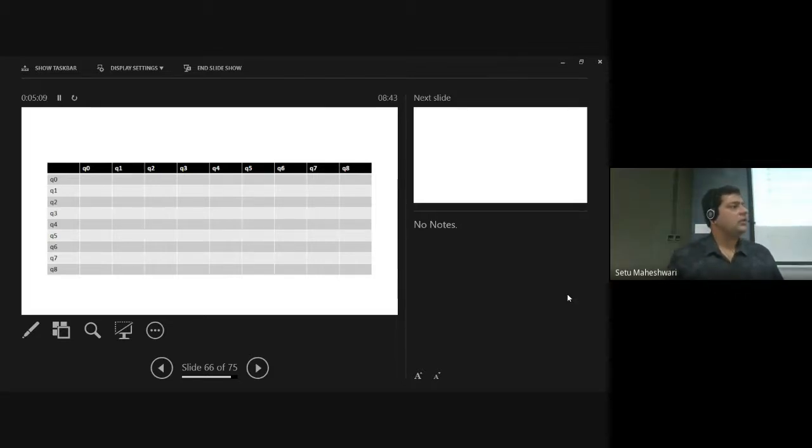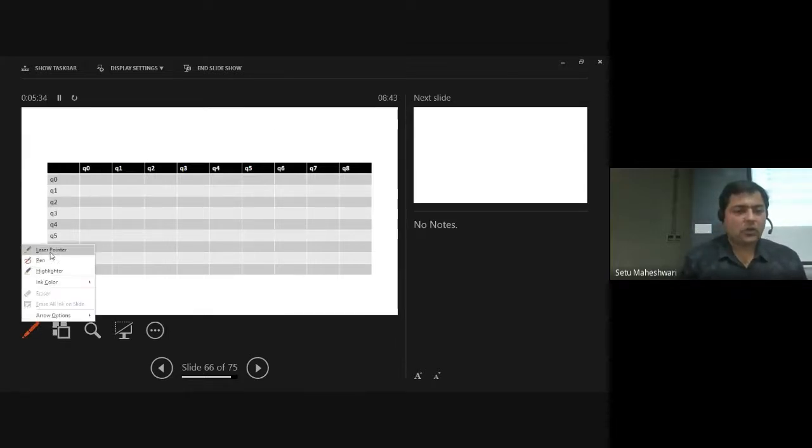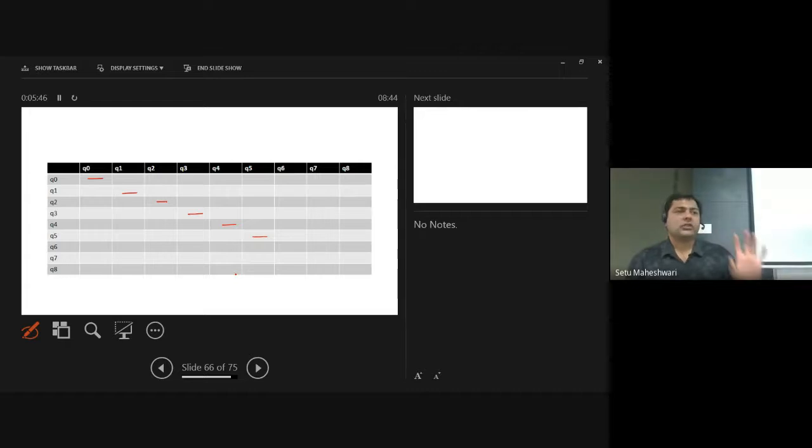Every diagonal is q0, q0, q1, q1, q2, q2. Are we going to map q0 to q0? The answer is no, right? What about the entries below the diagonal: q1, q0, q2, q0, q2, q1. Are we going to map such entries? No. That means all the sections which are either on the diagonal or below the diagonal are not worth anything to me. So I will simply mark a dash in all such sections.